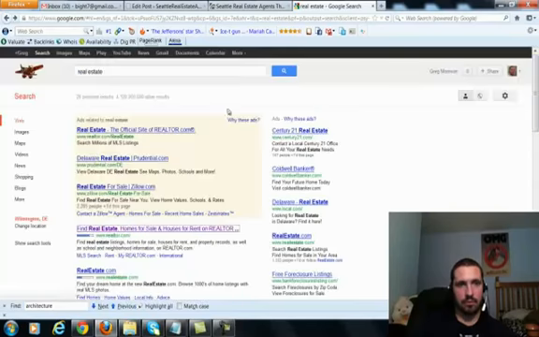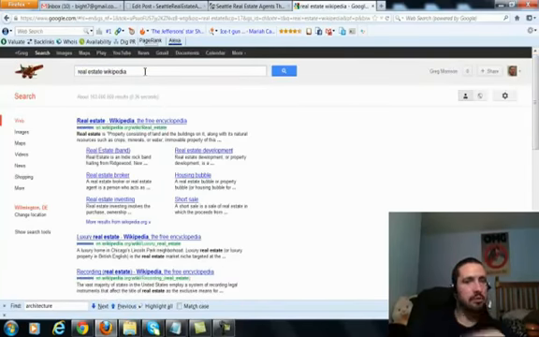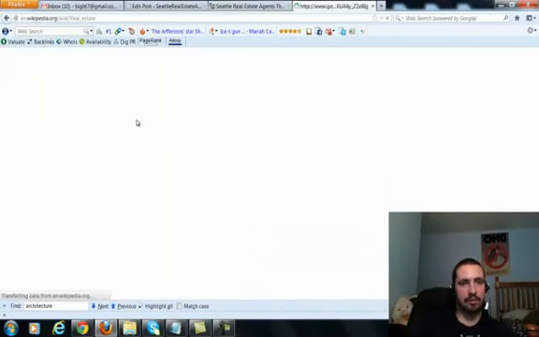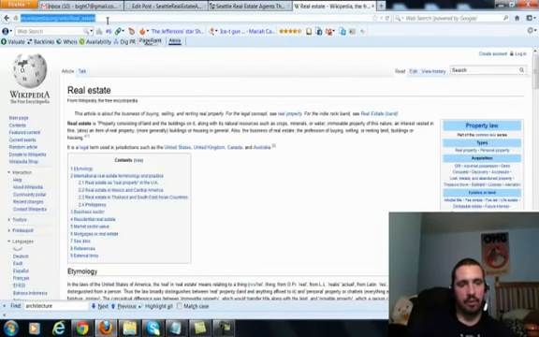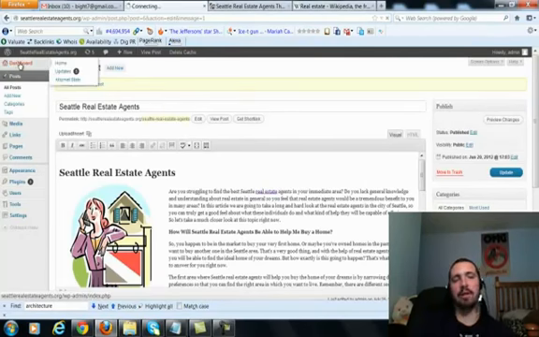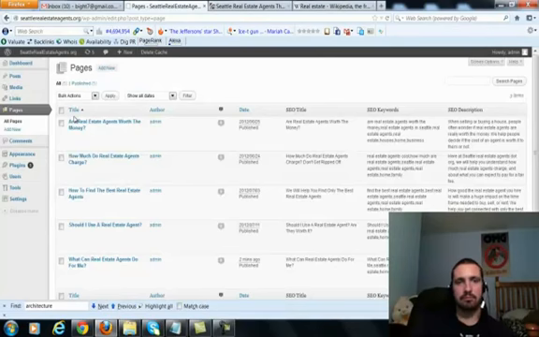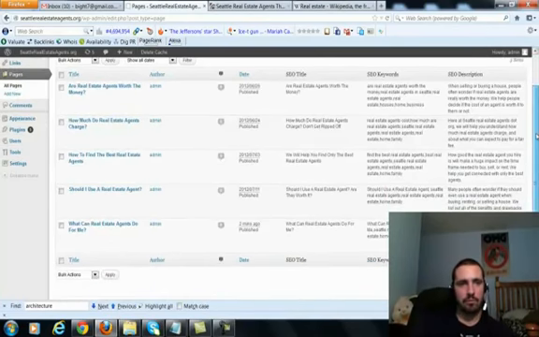I'm going to do real estate Wikipedia, because I want a Wikipedia link in here. Alright, so this is a Wikipedia page explaining real estate, and I'll use that to link to one of my other pages. Wikipedia is a great site to link to. Alright, so let's go to this one, a random page I'm using.